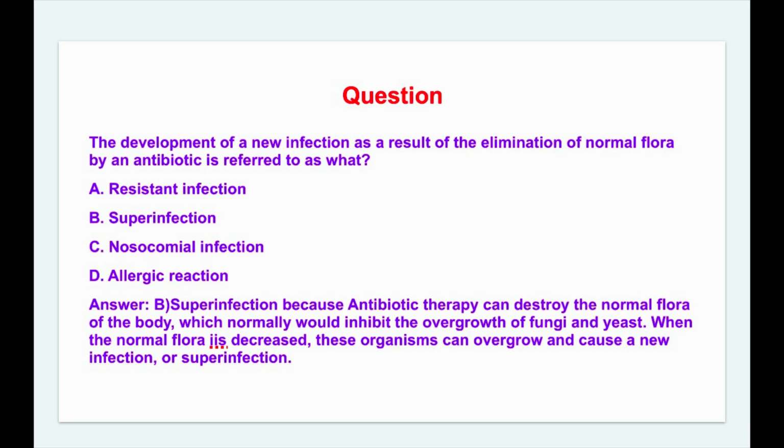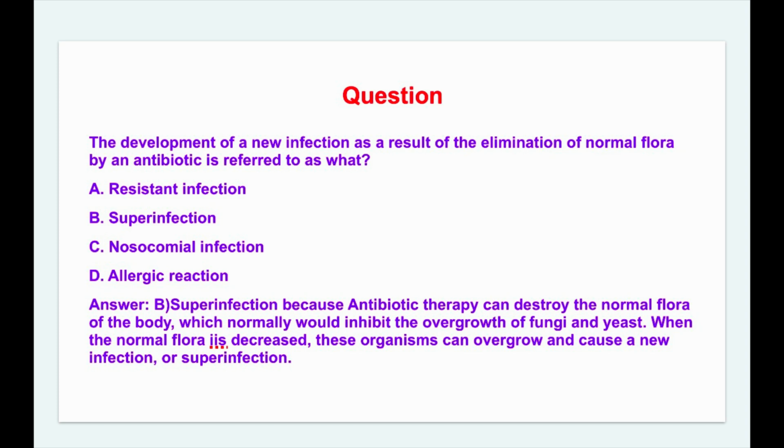The answer is superinfection, not resistant infection, not nosocomial infection, not allergic reaction, because superinfection can happen when you take the antibiotic and it kills the good bacteria from your gut and can cause a secondary infection, which is known as superinfection,